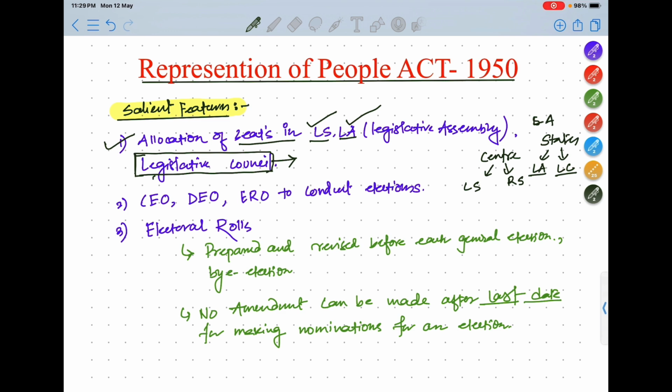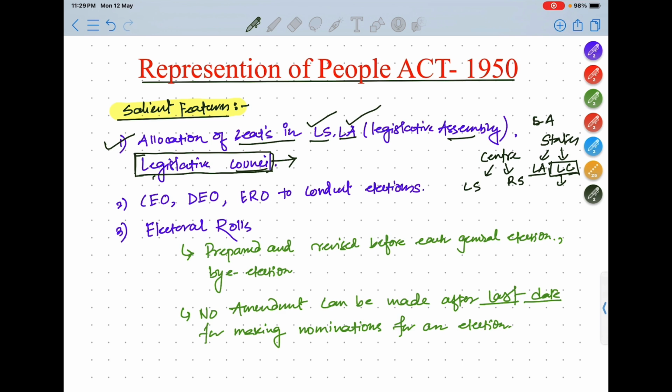Okay, so this Representation of People Act basically deals with the allocation of seats in Lok Sabha, Legislative Assembly and Legislative Council. Now do let me know in the comment section what are the different states which have Legislative Council. What is the total number of states and what are the states exactly? Okay, next,